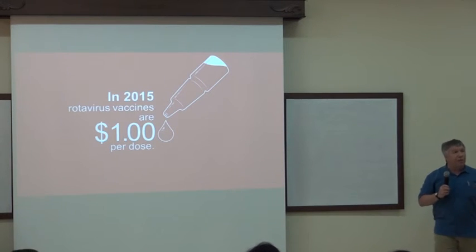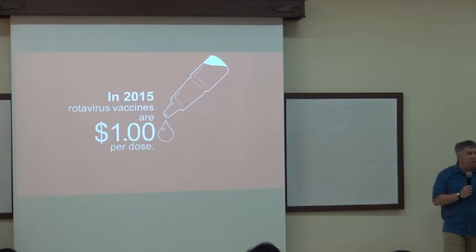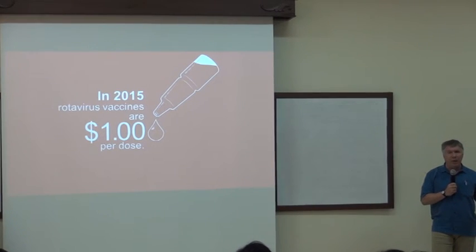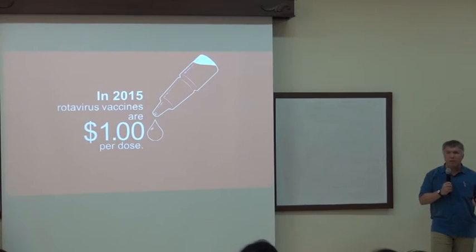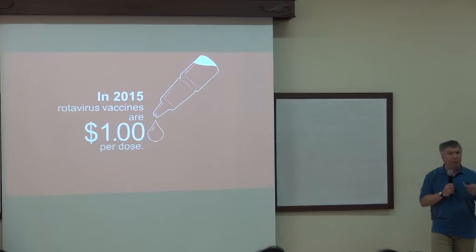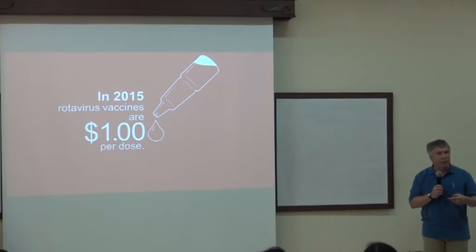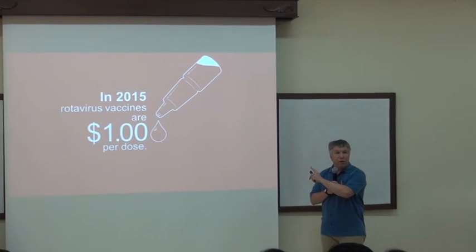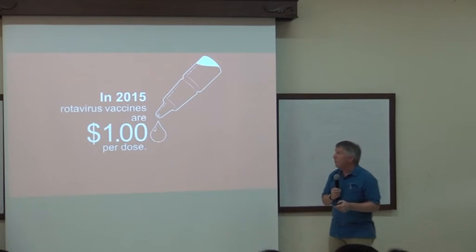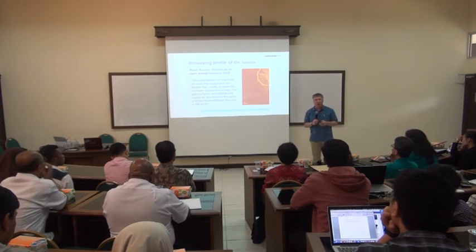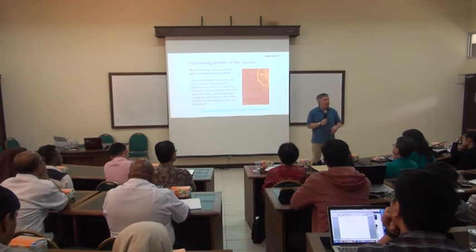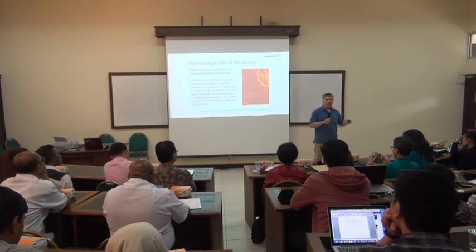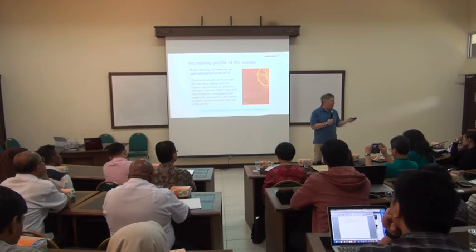All right, so those are innovative things. They don't get written up in the big science magazines. You don't get a Nobel Prize for dropping the cost of a vaccine from $7.50 a dose to $1 a dose. But I would argue you have as much impact, maybe even more, by doing that, because more children then get access to your technology. And one of the challenges we run into is that people come here to Indonesia to do research, they measure things, they take their data, they go back to Oxford or Cambridge or wherever, and they work on their data.